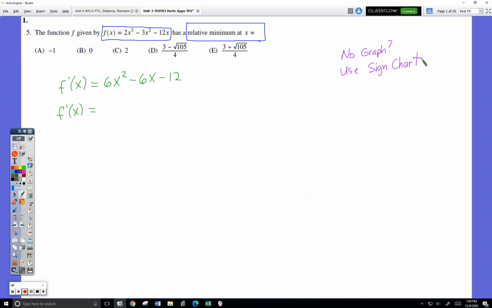So I would have a card that said that on one side. That if I don't have a graph, I'm going to use a sign chart. And then, does anyone happen to know the first step? Well, the first step is to know what you're sign charting. So first step here is